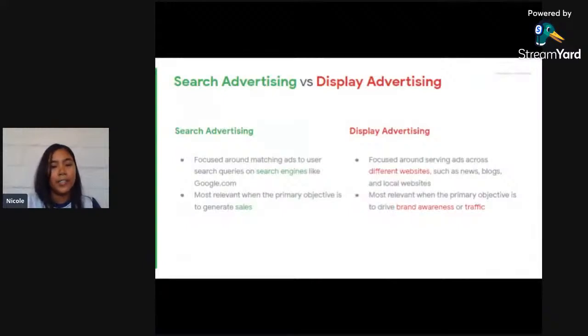So now let's compare and differentiate search advertising and display advertising. So let's run through the differences. Well, there's a big difference as your display ads might be seen almost anywhere on the internet, but your search ads will be limited to search engines like Google and will be text links, not image ads. Search is focused around addressing search queries. The likelihood to generate sales is higher as we understand exactly what the users are searching for.